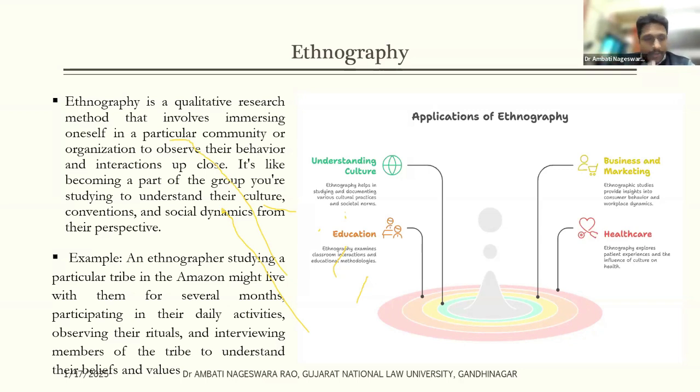Because if I decide that every day I'll come for half an hour to understand what you're doing, it won't serve your purpose. If I decide that every Saturday I'll come because of my holiday, that also won't serve the purpose. If you are able to spend some days, you can actually understand what their culture is all about.